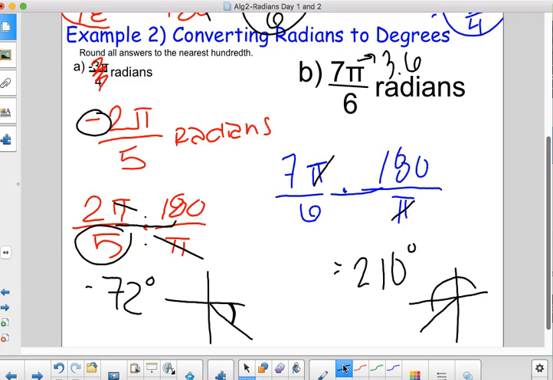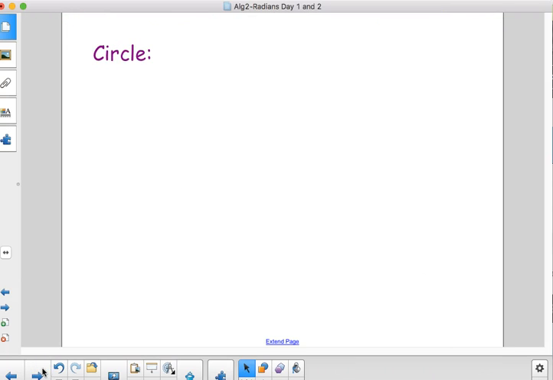So that means that on a unit circle, you would fit 3.6 of the radiuses on the outside. So it's just using the angle being described by how many radiuses fit on the outside. But overall, they both measure angles. Since they both measure angles, there's a lot of things you know how to do